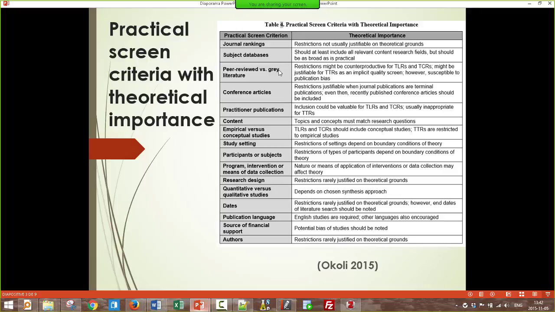And as you can see on the screen here, there's a lot of things to think about. It looks very intimidating, overwhelming at first. But we're going to do an exercise in class after I finish the presentation. So the worksheet, you're going to apply all these criteria to your own topic, and we'll discuss as you do that. And you'll find as you do it, it's not that bad, because most of the criteria,